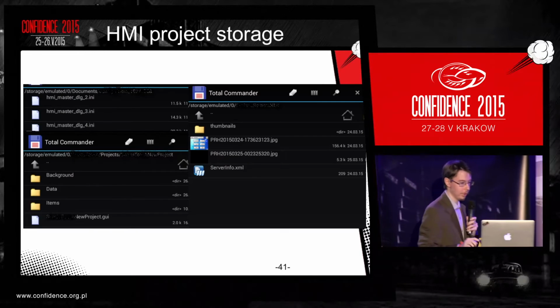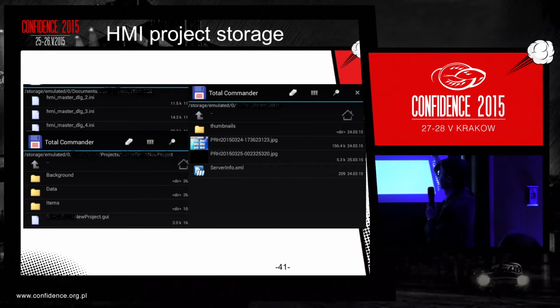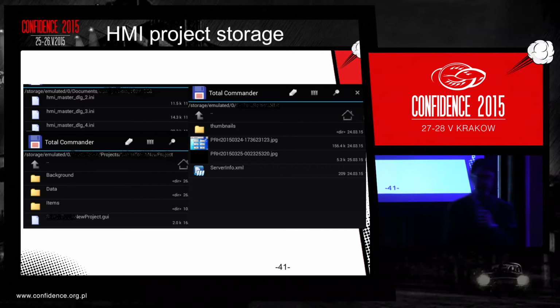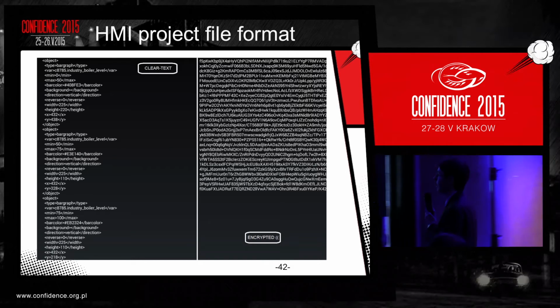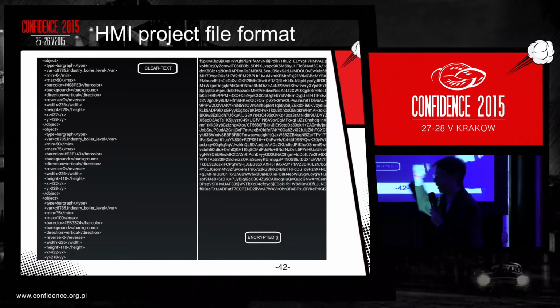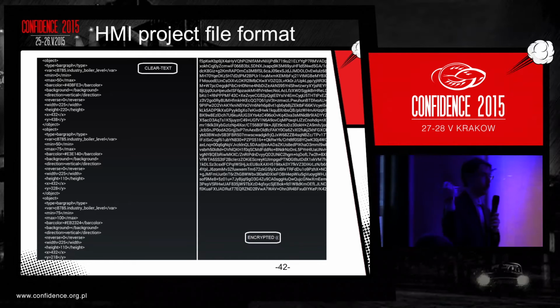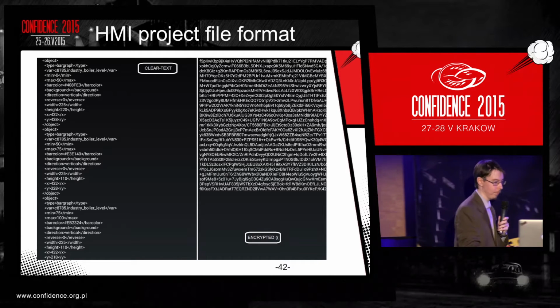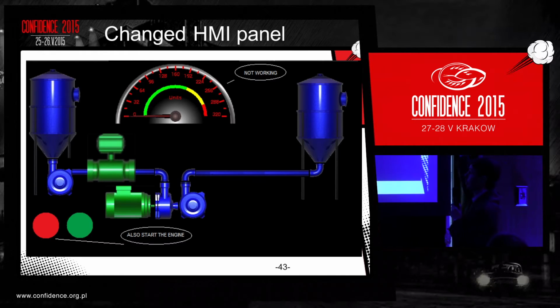And here is how it's stored. I don't know whether you see it or not. So here are several JPEG images and INI files. And it could be stored in a simple XML-like format. Let you believe that it's XML-like format. Or it could be encrypted, but the keys are stored inside the binary, so it could be easily decrypted and forged. And the attacker could reconfigure, and he could connect the gauge to another tank and change the functionality of